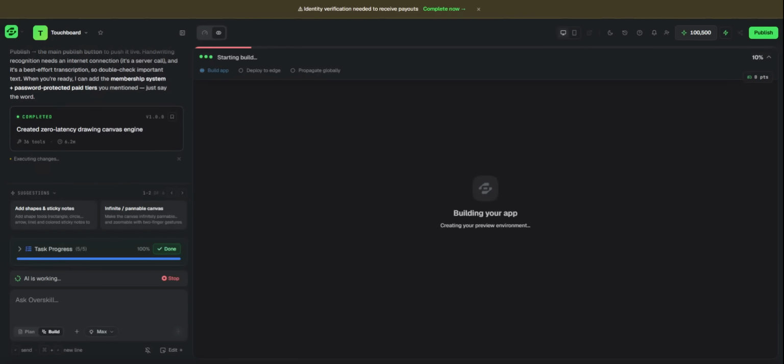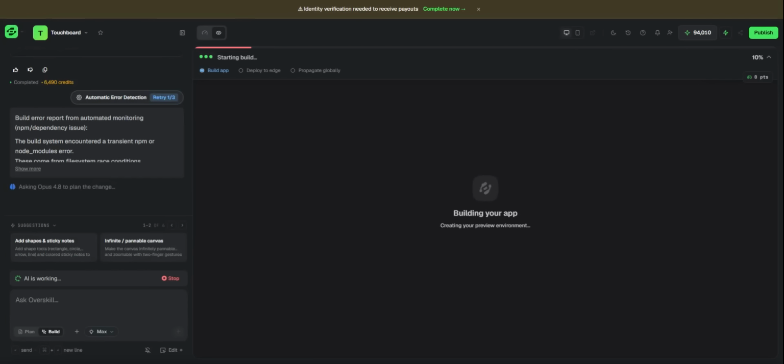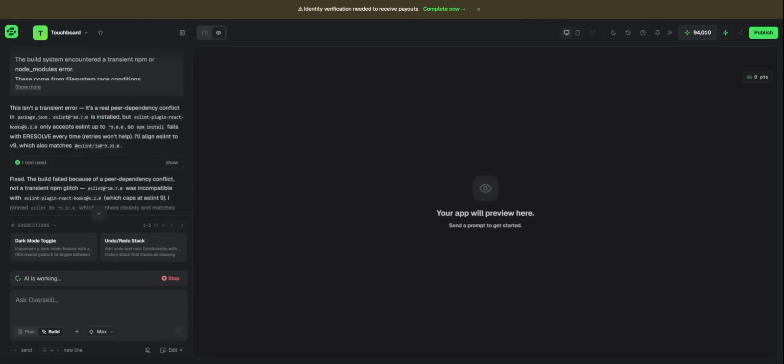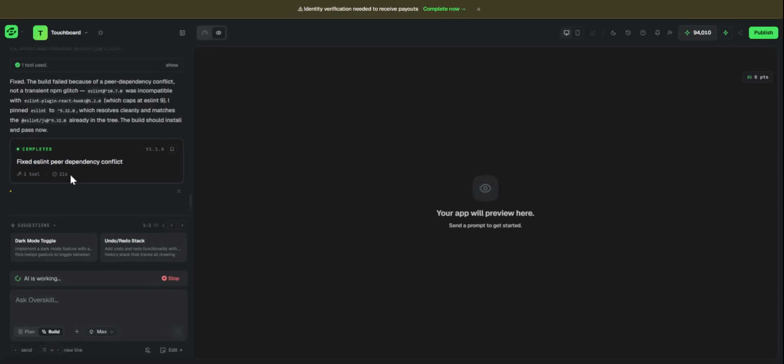Completed. So now we should see the build, which is a lot of fun. You can see the thing starting to build. It's building, deploying, and then propagating. So we're just waiting for the build to complete. You can see that more things have happened, and in this case we had a conflict in the build, so it's now going to fix that conflict, and it's going to offer me suggestions of other cool things I can